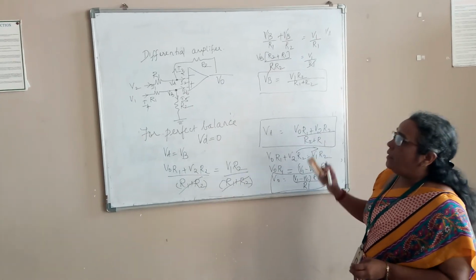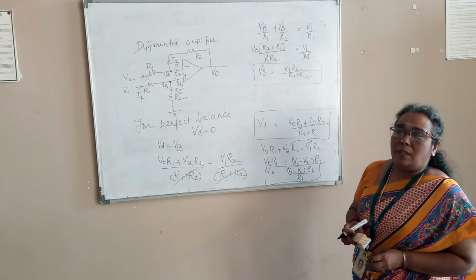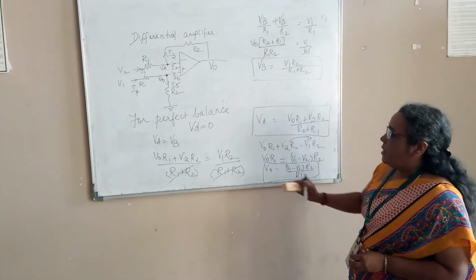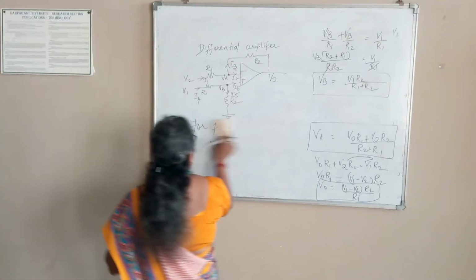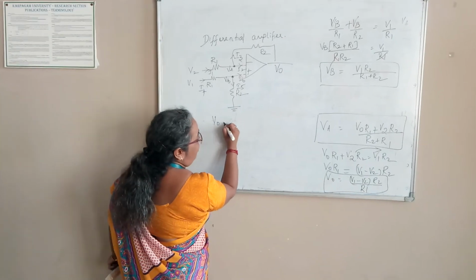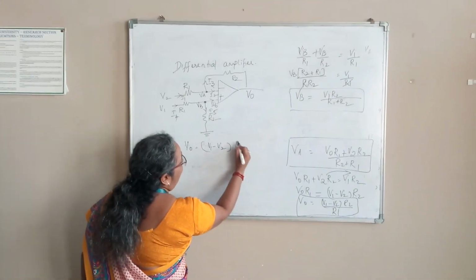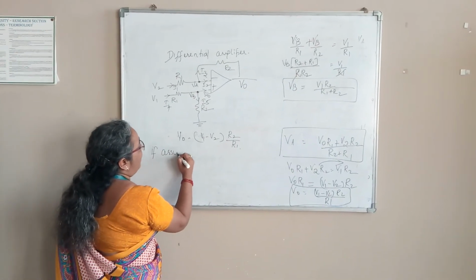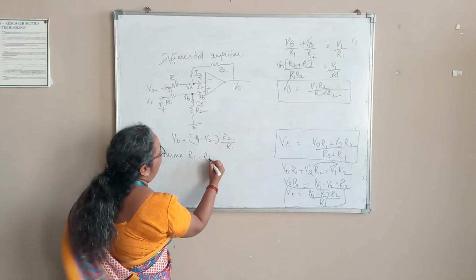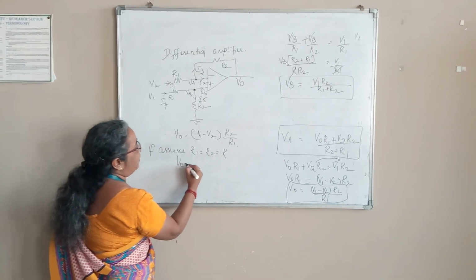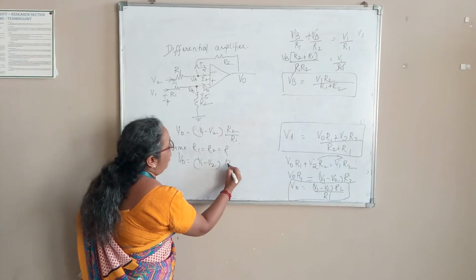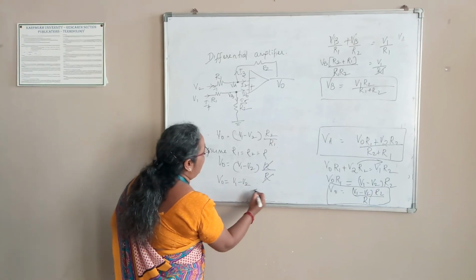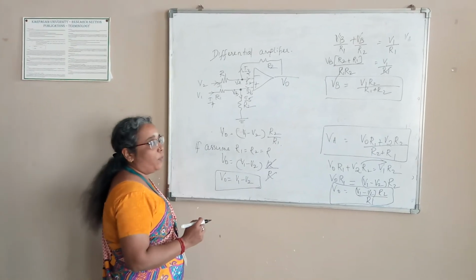Now we can construct another circuit from this, a subtractor circuit, by using this differential amplifier just by changing the values. As we have seen here, my V0 is equal to (V1 minus V2) into R2 by R1. If I assume my R1 and R2 are equal, then my expression becomes (V1 minus V2) into R by R. So these two will get cancelled. V0 becomes equal to V1 minus V2. So this states that my output is just the difference between